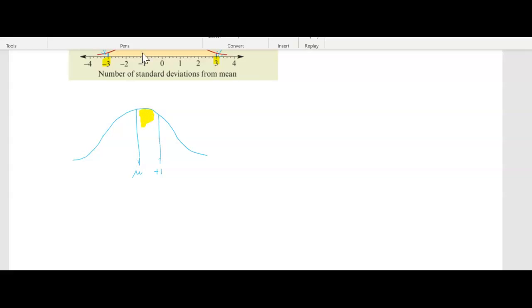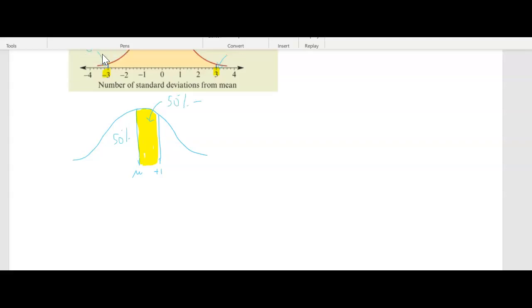If we're looking at that area, and there's all different combinations, so it's not just this one. So when you're looking at either side of the mean, this is 50%, and the other side is 50%. And then if we just want this section here, that's going to be 50% minus